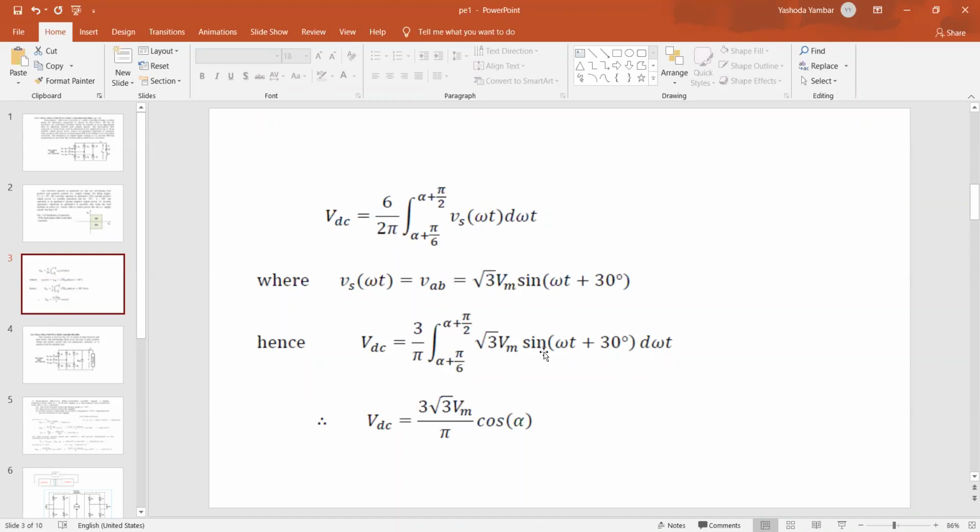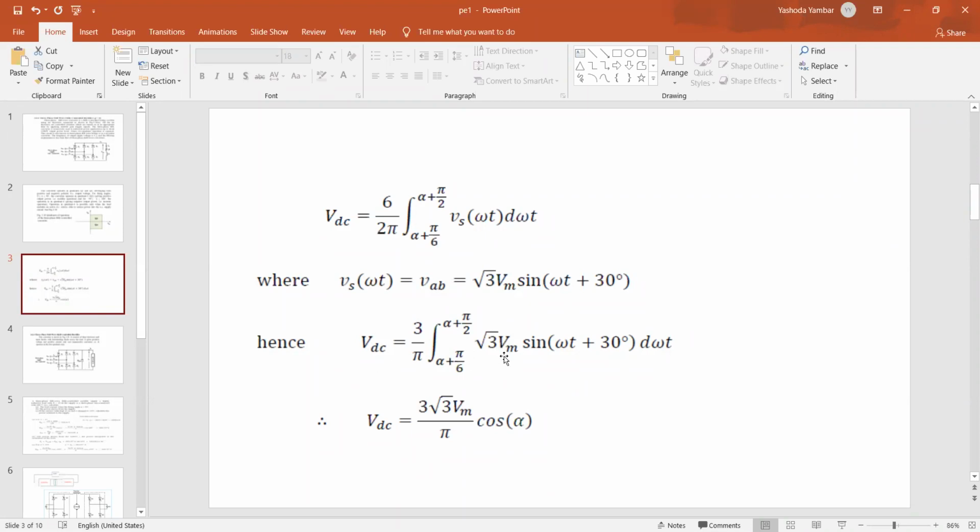And what is this sin omega t? Instead of sin omega t, as we are having the delay of 30 degrees, we can write sin(omega t plus 30 degrees). And here, instead of writing the RMS value, you can see VS. VS is RMS, but it is 3-phase. In a 3-phase star connected system, we already know line voltage equals √3 times the phase voltage. Therefore, phase voltage equals line voltage by √3. As we are taking the line voltage here, VS is how much? √3 times the Vm. So that's why we are obtaining the √3.